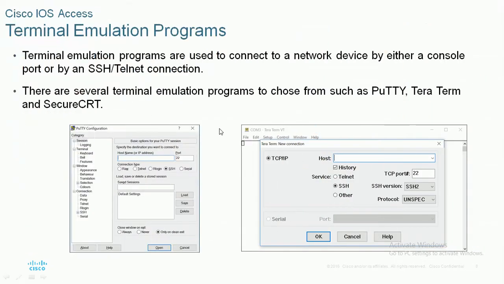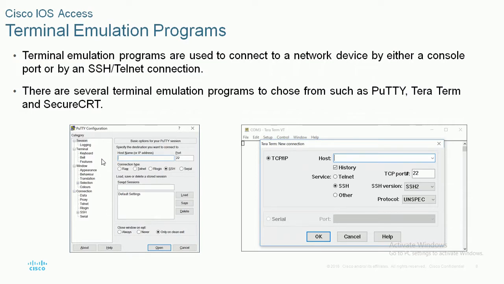Terminal emulation programs. Now I told you we can access the switch through these methods. These methods are used when we have an interface between the switch and our computer. The computer is the end device and the switch is the intermediate device. How can we access it? For that, we need to use a terminal emulation program called Putty. We are going to install Putty on our computer, and connect a serial cable from the console port of the switch to our system, and access it that way. I will show you in the demo, no problem, just listen.